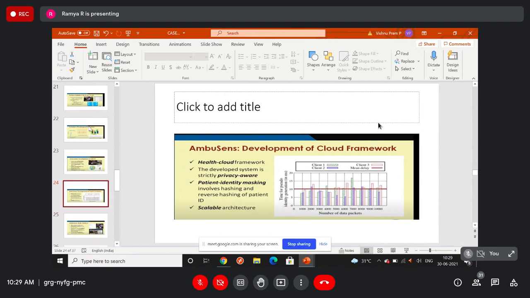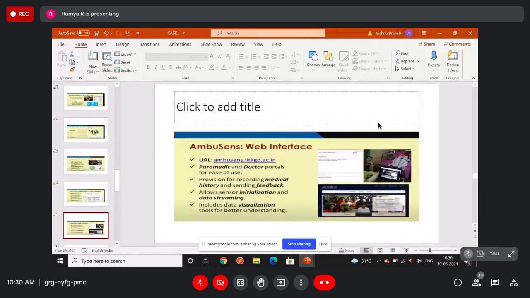The authorized persons, when the data reaches the authorized person again, that time the data is going to be decrypted. So in the cloud also, the original data is not going to be stored. The encrypted data is going to be stored, and that particular data is going to be decrypted because of this cloud framework. So this is how it is more secure, and we can access these things by using the web interface. So this project has a web interface.